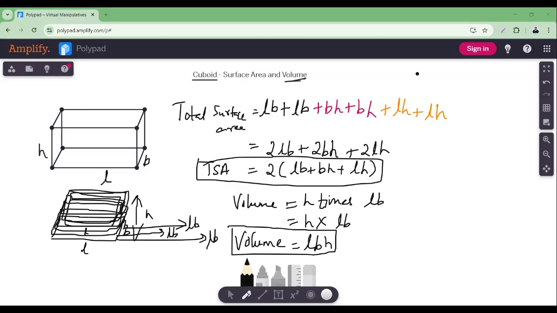When you are trying to recall the formula, recall the picture, the image that I showed, the concept of stacking one plate upon another, and picturize that also. When you're doing total surface area, you picturize the top surface, bottom surface, side surface, front surface, back surface. Like that, you picturize it and solve the problems. In that way, you don't have to memorize the formula, and you're really going to apply what you learned.